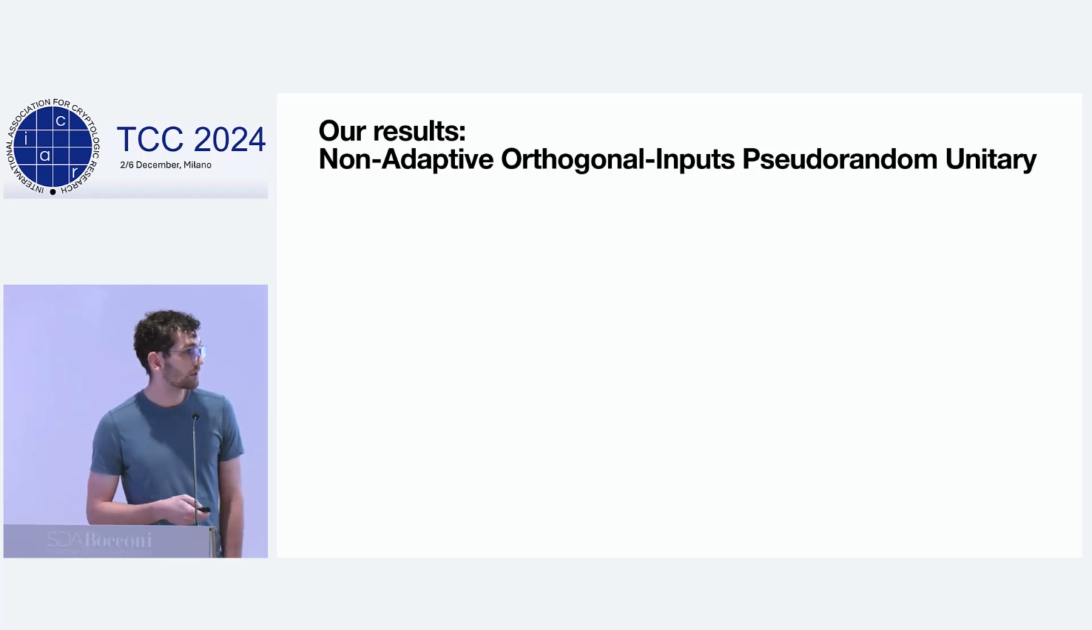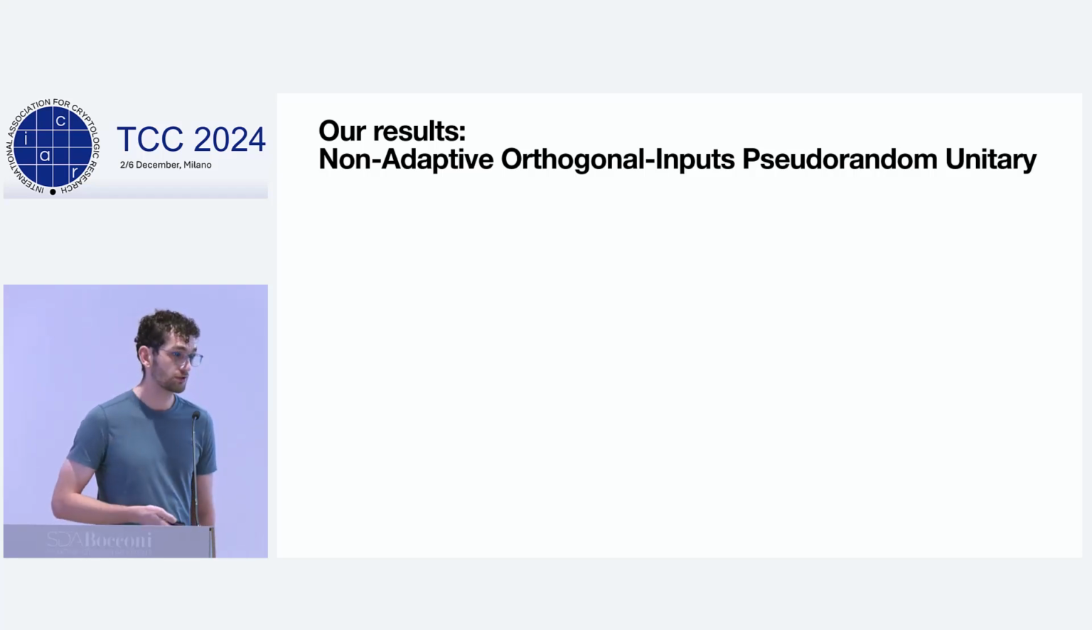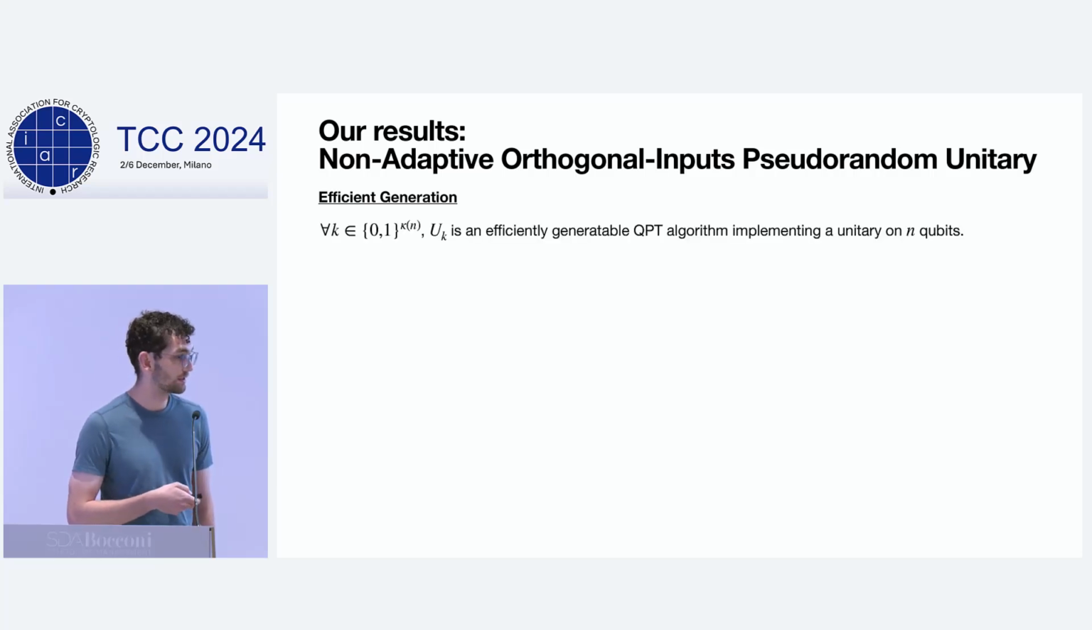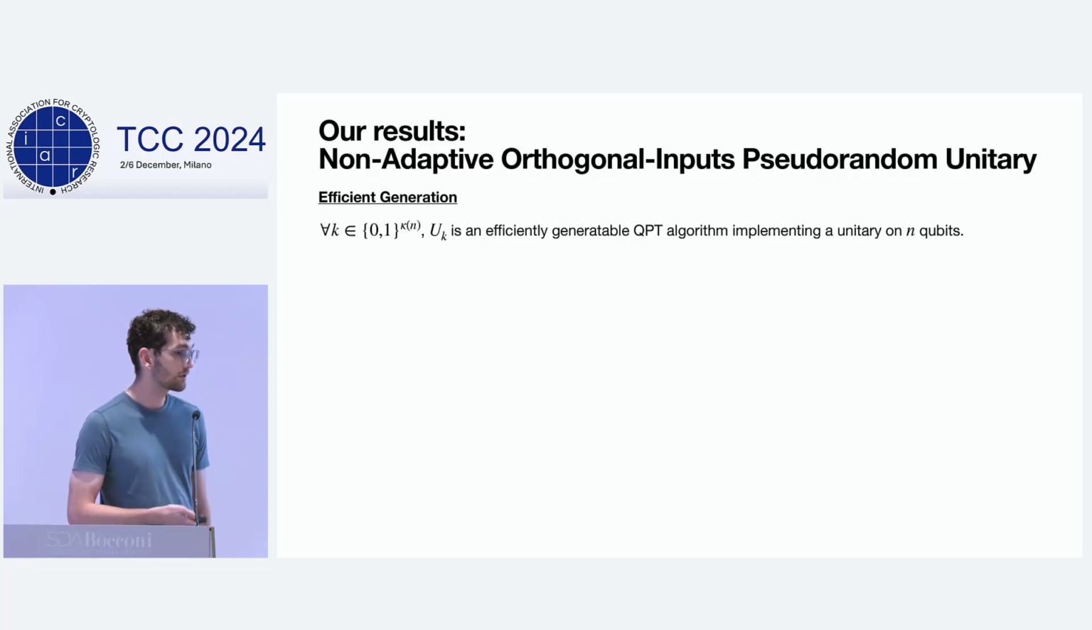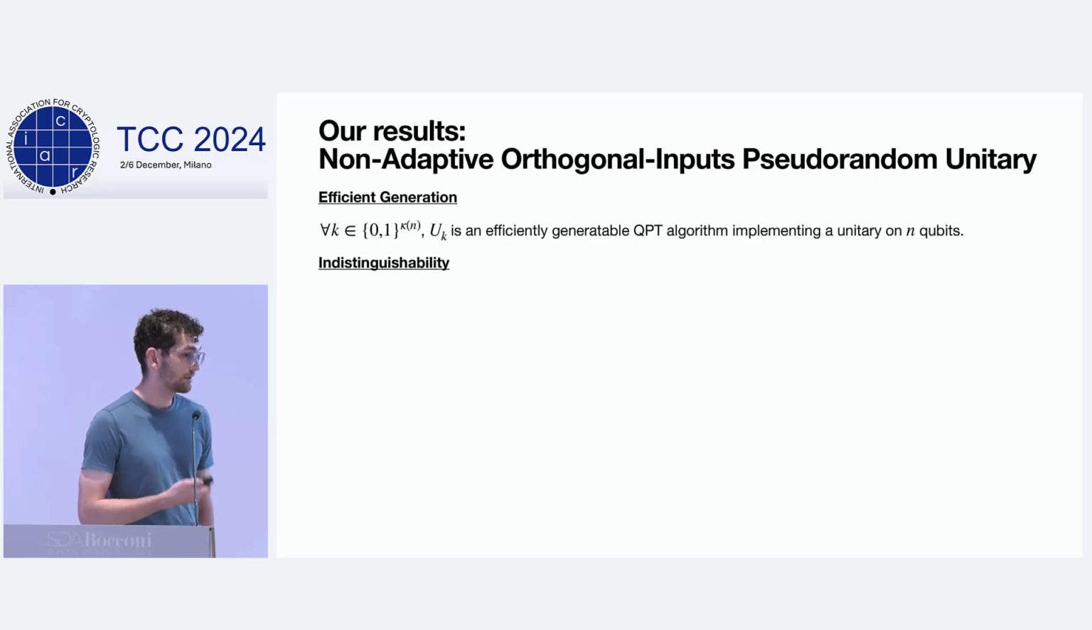Our results are non-adaptive orthogonal input pseudorandom unitaries. So let's define it more properly. We have efficient generation. So given a key k, we can construct the unitary U_k efficiently, and the unitary is applied on n qubits. And then indistinguishability,